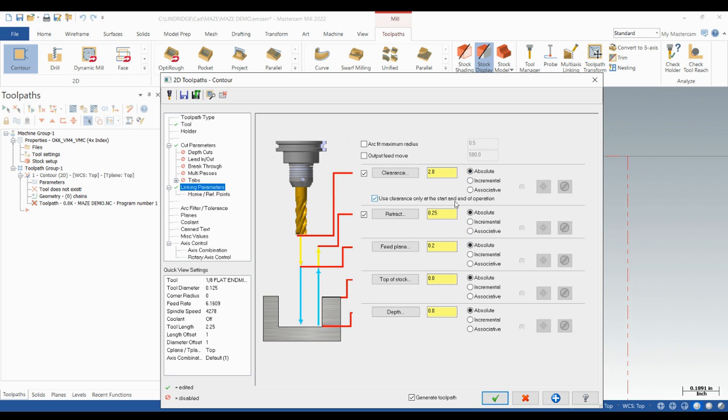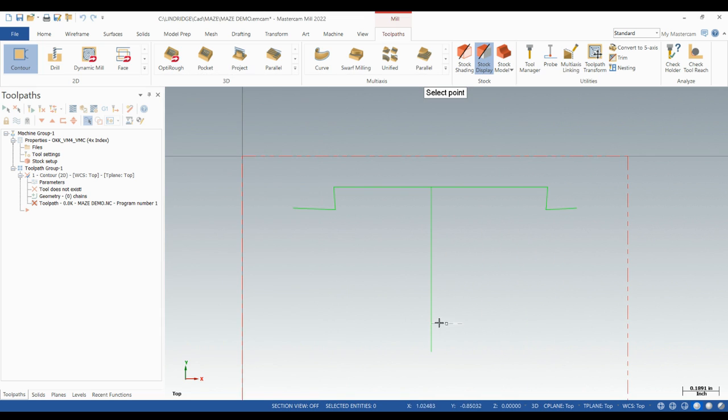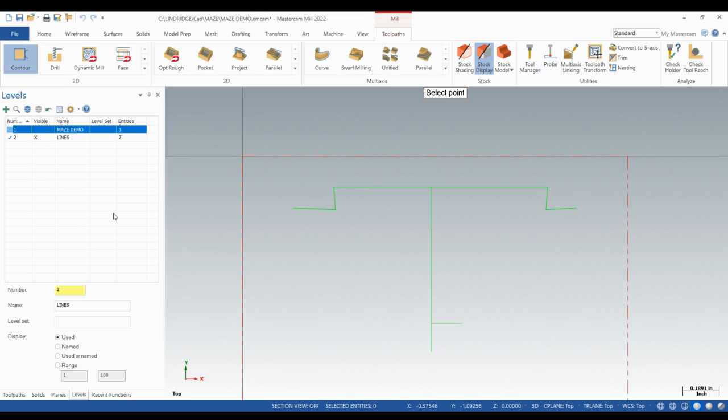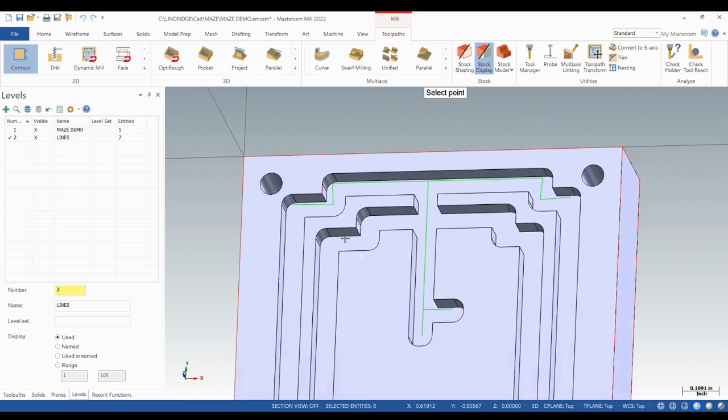That's a G90 code. Our retract is going to be 0.25. Our feed plane, we're going to screw down to about 0.1. It gives us a little better feed plane. Our top of stock is going to be 0. And our depth, oh boy, how do we pick depth? Well, if you forgot you're an 1/8 inch deep or you forgot the fraction, we can come in here to depth and we can pick the depth by selecting our level, turning back on our maze,